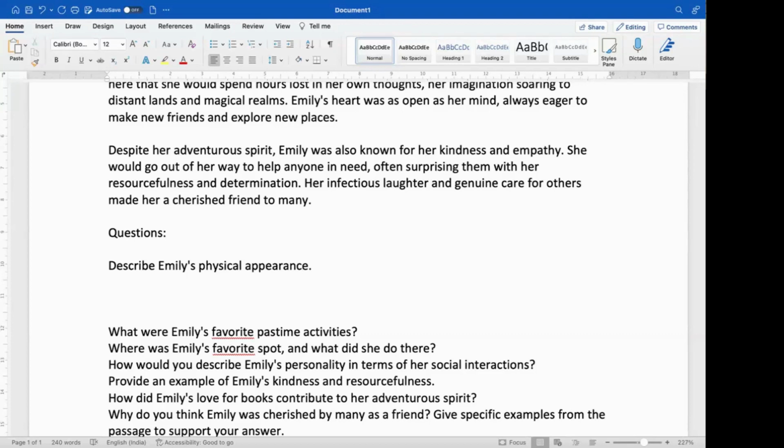Her bright blue eyes sparkled with an inner light and were very welcoming. Now you need to describe each feature, because we are telling about the physical appearance and you need to make your paragraph 150 words. So you will be describing every part that you have noticed in Emily.